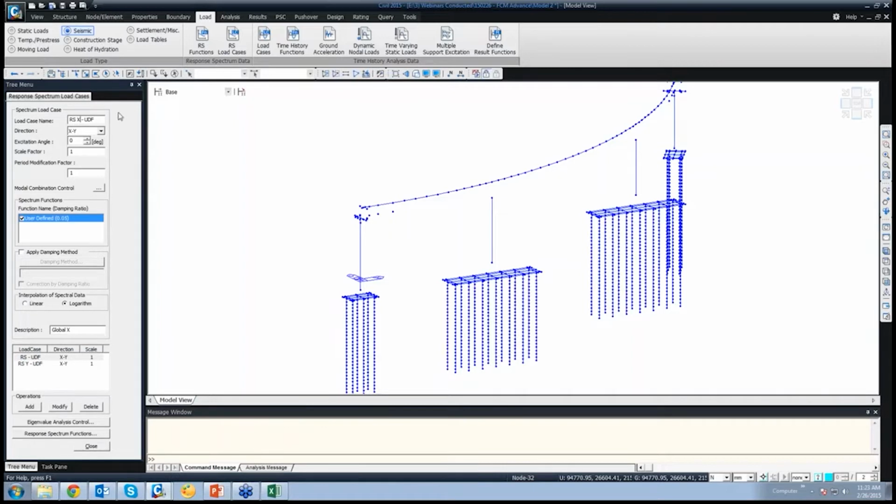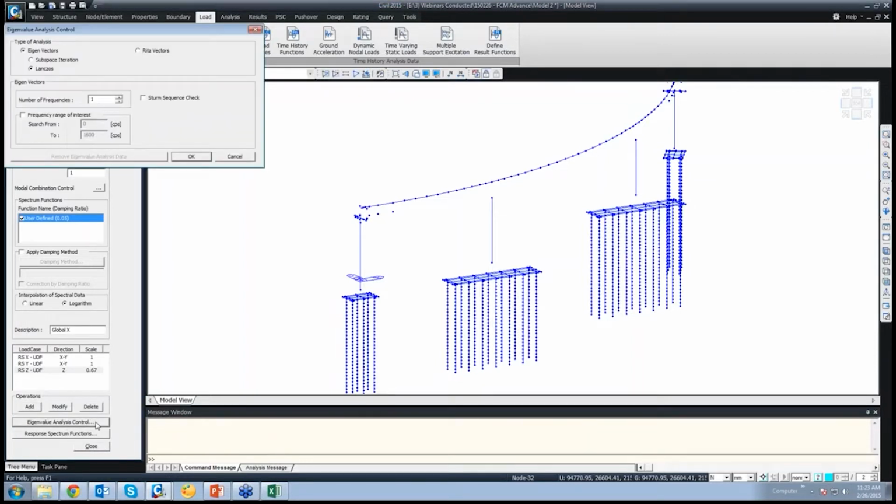Okay, and for the Z direction, give name as RSZ, the direction as Z, the scale factor as 0.67. It's 2/3 in vertical direction, it's 2/3 that of the horizontal direction. So add. Now if you want to modify some data for the eigenvalue analysis, then you can go to eigenvalue analysis.